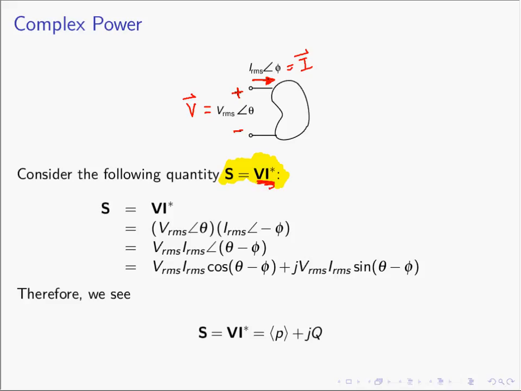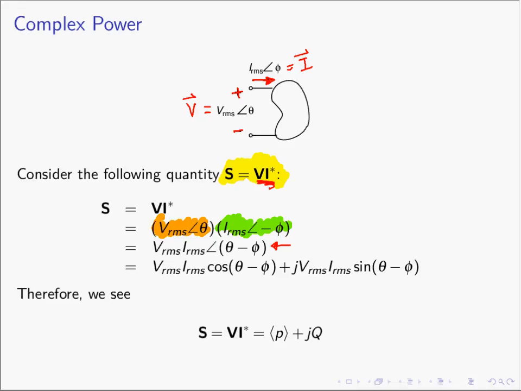And so V, of course, is going to be V RMS angle theta. And the complex conjugate of I is going to have the same size, it's going to be I RMS, but the angle, instead of being phi, is going to be minus phi. So when you multiply those two together, of course you multiply the magnitudes and you add the angles, you get V RMS I RMS angle theta minus phi, and then we apply Euler's identity, and we see that S,